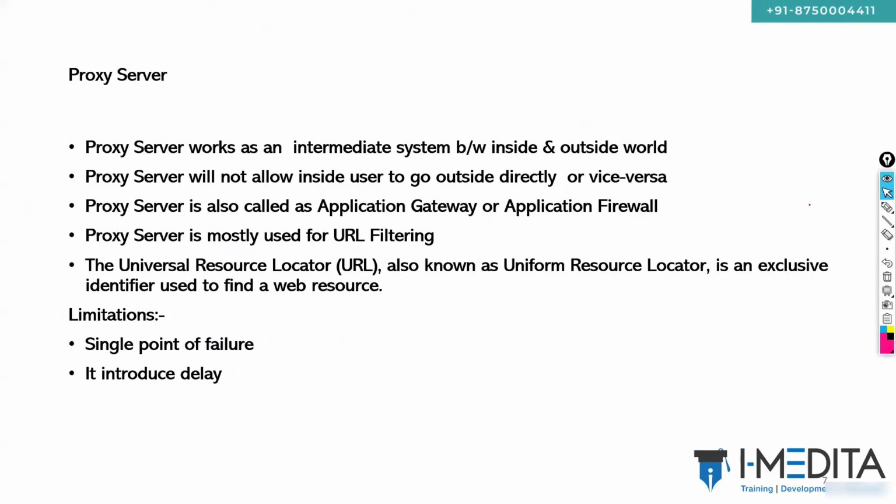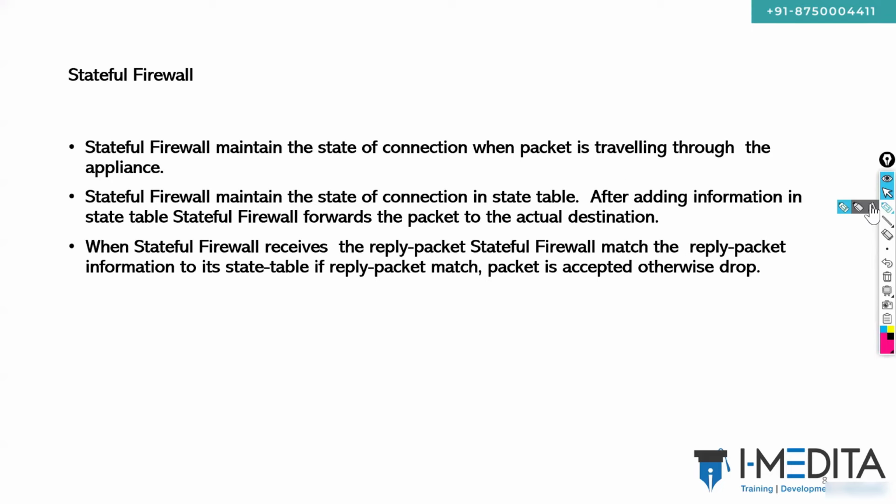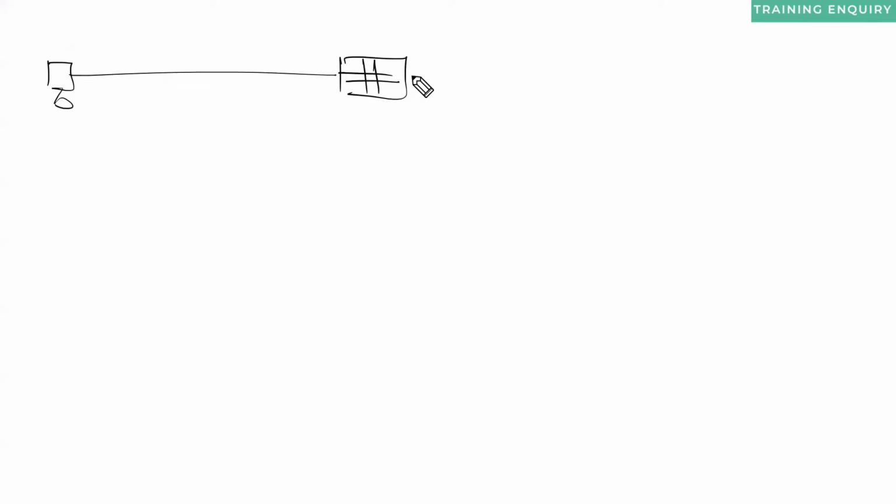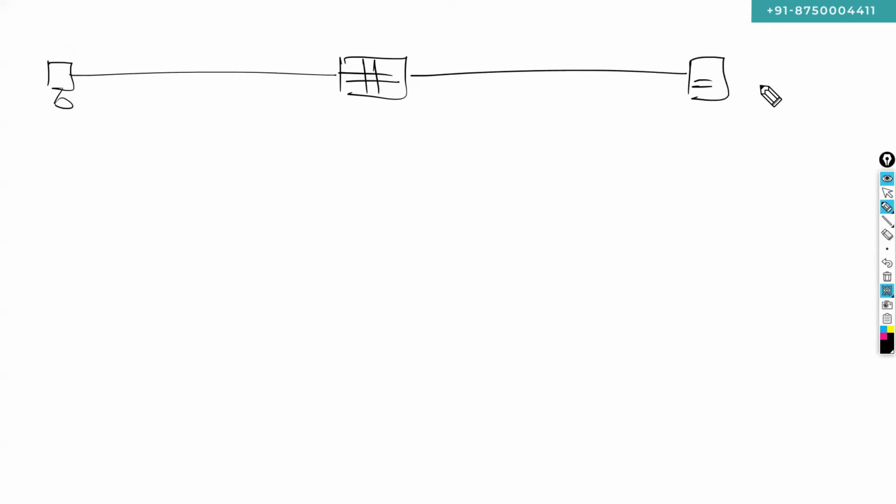Next, we have another firewall technique here that is called stateful firewall. So what is a stateful firewall? Before going with the line by line definition, let's understand it with the help of a diagram. Okay, we have a PC connected with a firewall, that is a stateful firewall. The stateful firewall is connected with a server. For easy understanding, let's note down the IP addresses: